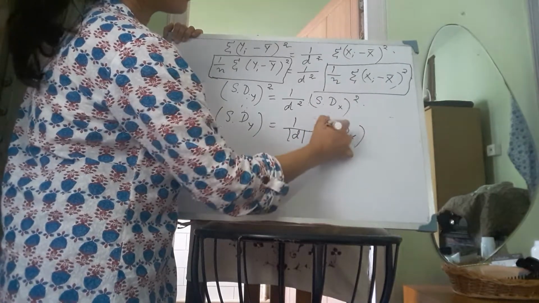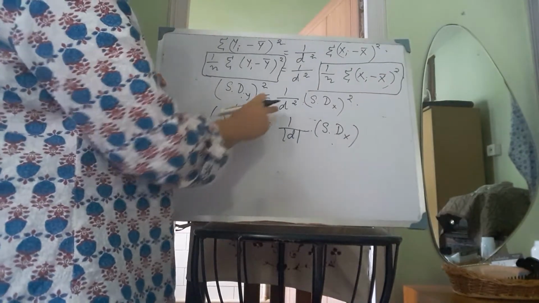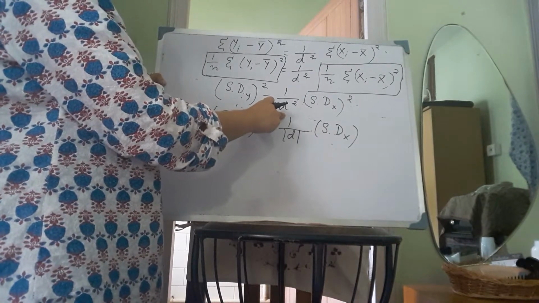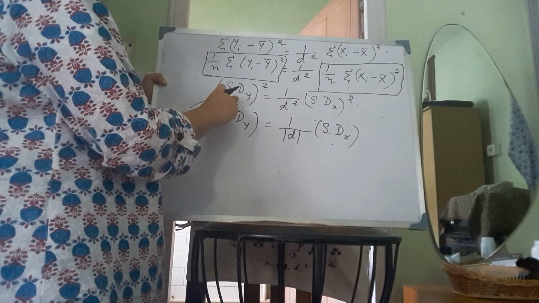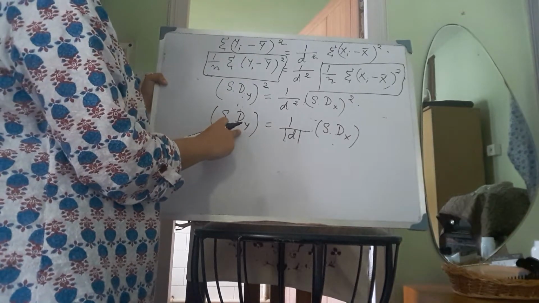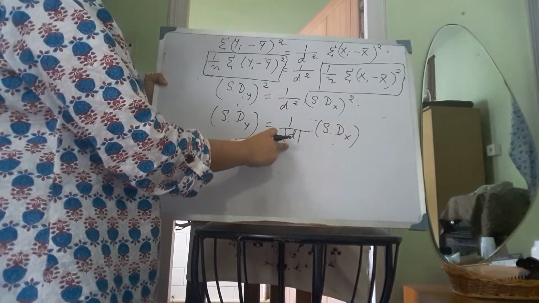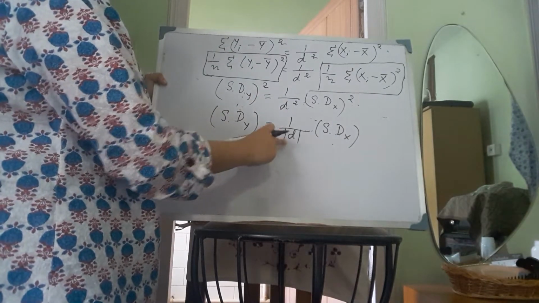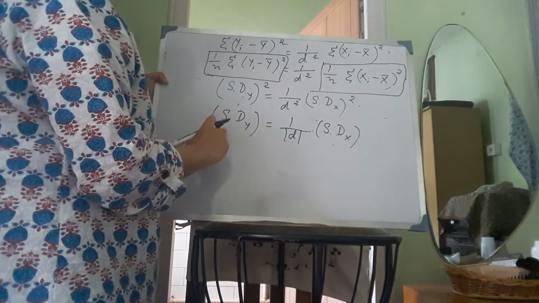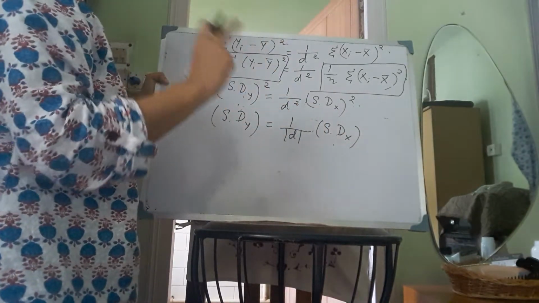So here, for getting the standard deviation of y, we have to consider only the positive value of d, because we know from the first property of standard deviation that standard deviation can never be negative. So for getting a positive value of the standard deviation, we will have to consider only the positive value of d, and that is why we are taking modulus here. So standard deviation of y is equal to standard deviation of x into 1 by modulus of d.